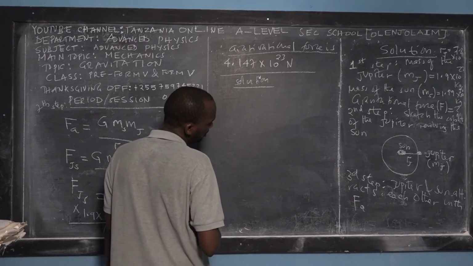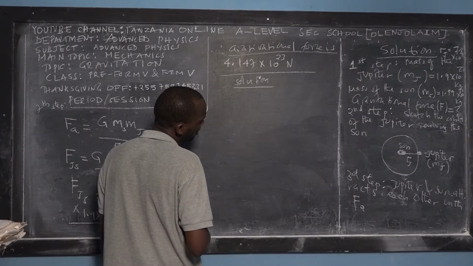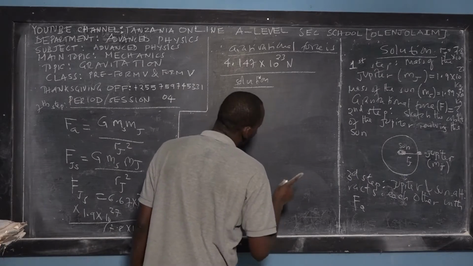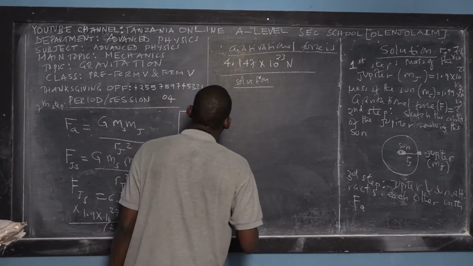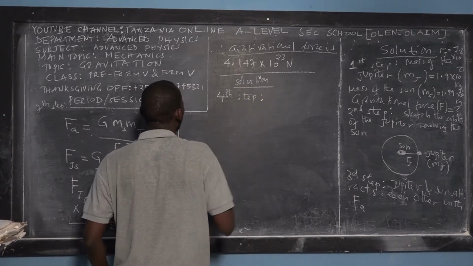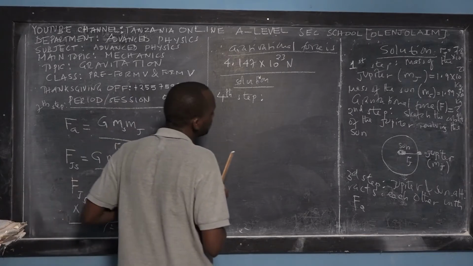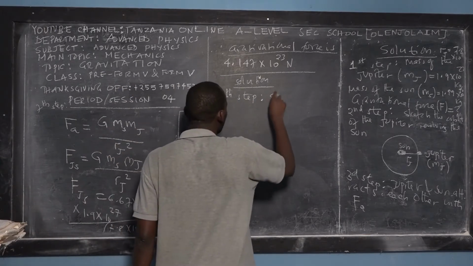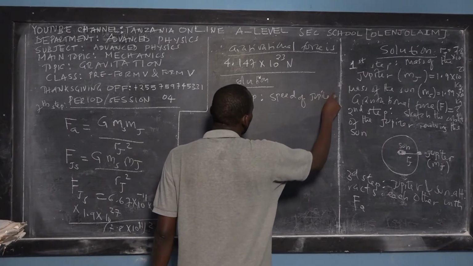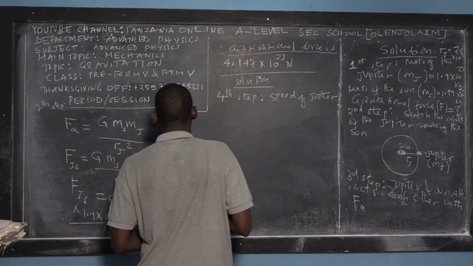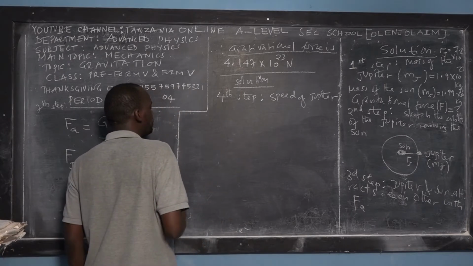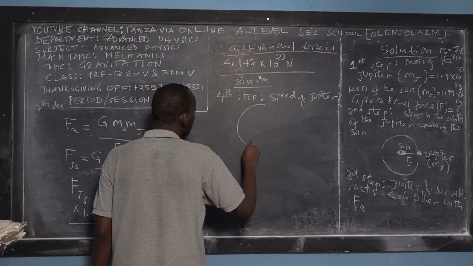and this will be the force. Okay, so this is force step. The force step: what is required is the speed of Jupiter. So the speed of Jupiter, we say that we have to recall